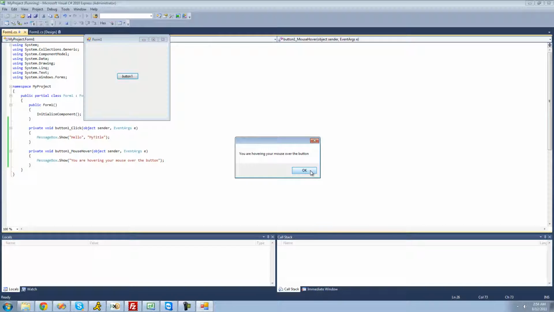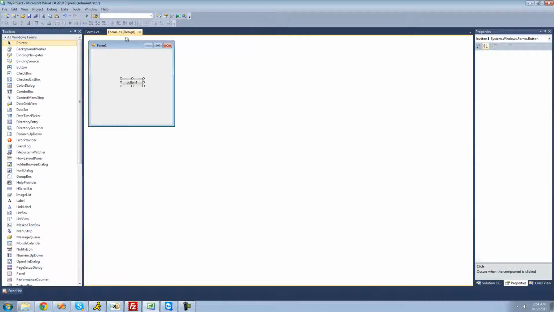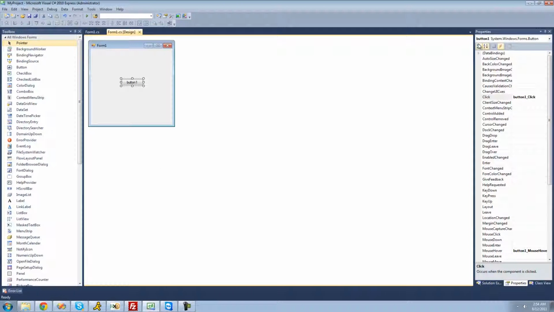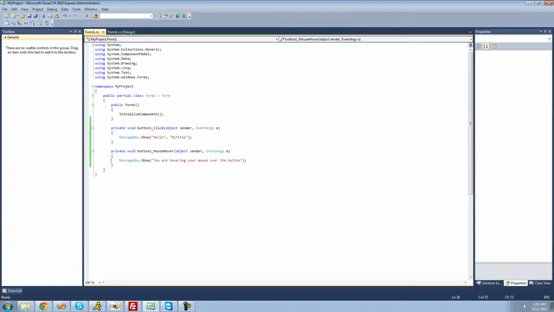mouse over the button. And again, that's because we selected our control, went over to the events right here, and double clicked on mouse hover. And then when we did that, it generated this code right here. And then inside of these two brackets, this code will be executed whenever you hover your mouse over the button. So we just had a message box be displayed telling the user that they were hovering their mouse over the